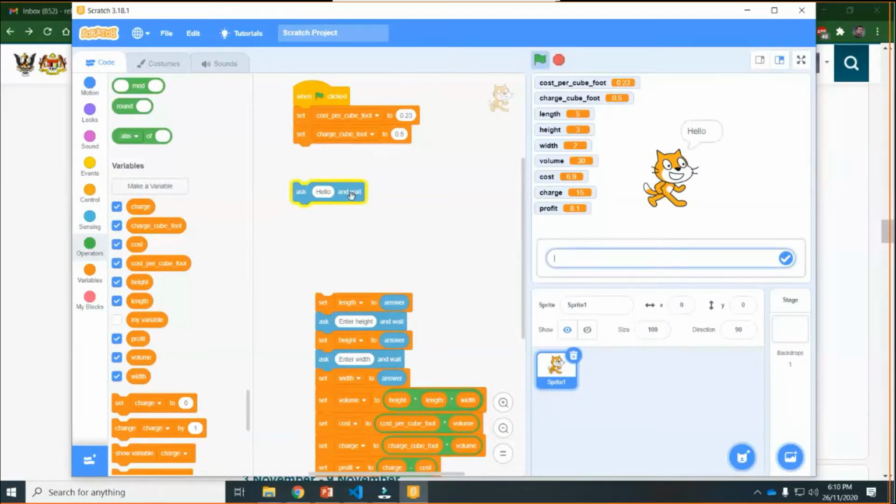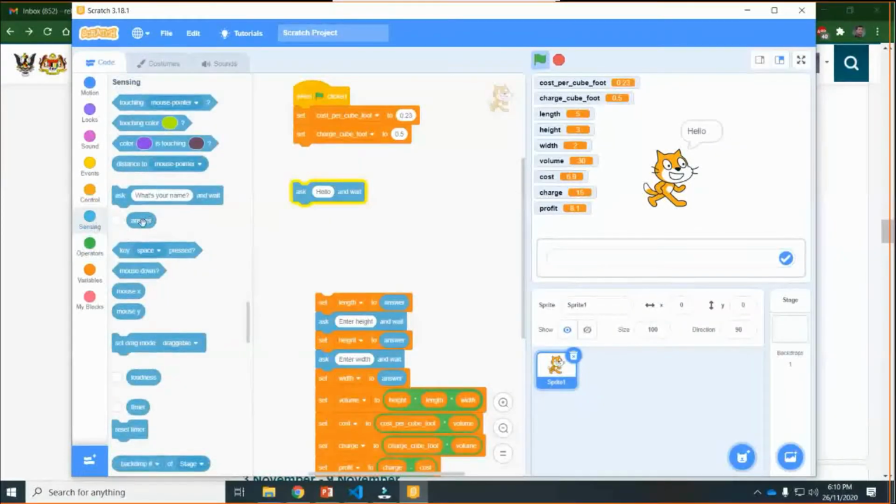It will display a message, whatever you type, and then it's waiting for the value to be entered, and that will be stored where? It will be stored in one general variable whose name is answer. You see, look at this answer. I am entering 25. Okay, and press enter, and now I am clicking the answer. You see, 25 is there.